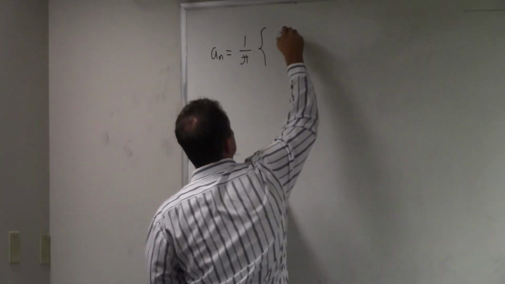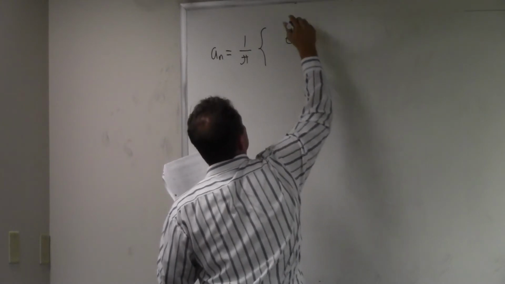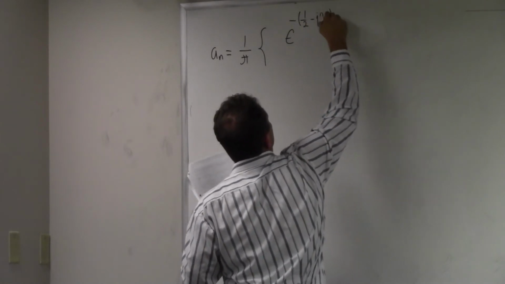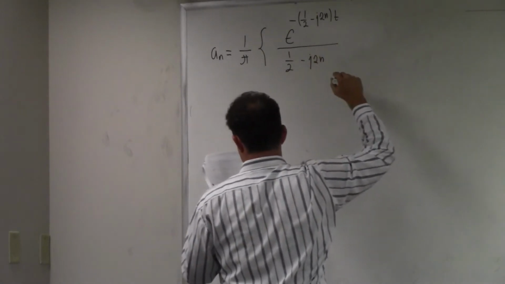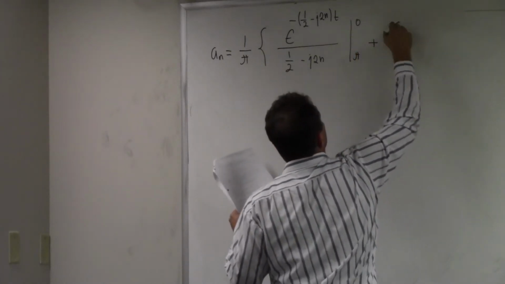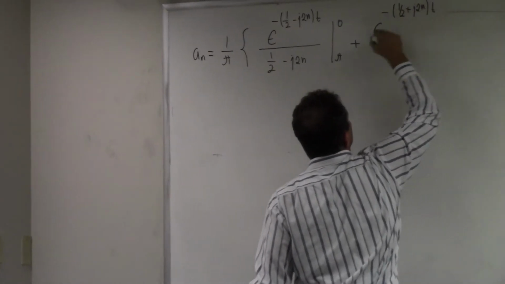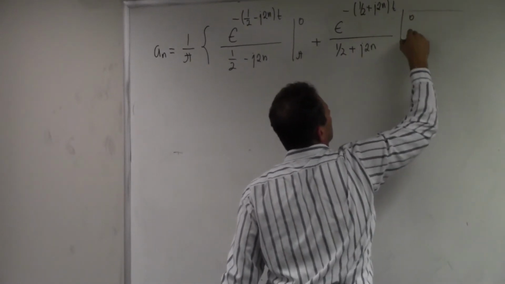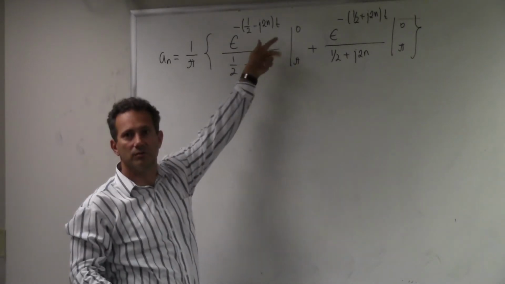And then the first integral is e to the minus 1/2 minus j2n t over 1/2 minus j2n, evaluated from 0 to pi, and then plus e to the minus 1/2 plus j2n t over 1/2 plus j2n, 0 to pi. Notice there was always a minus that went downstairs, and I used that minus to flip these borders